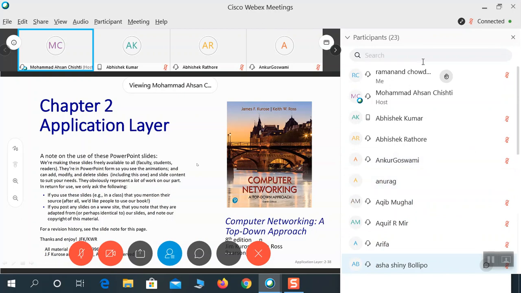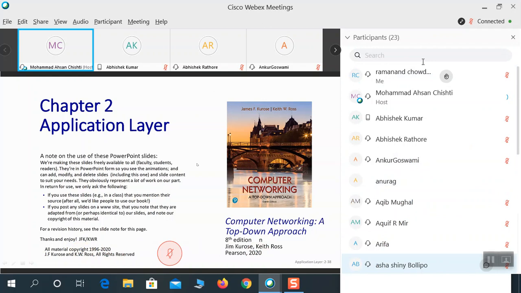And this is the first layer from top, or the last layer, that is layer 7 from the bottom-up approach. This layer is known as the application layer. Within two classes, hopefully we should be done with the application layer as well.